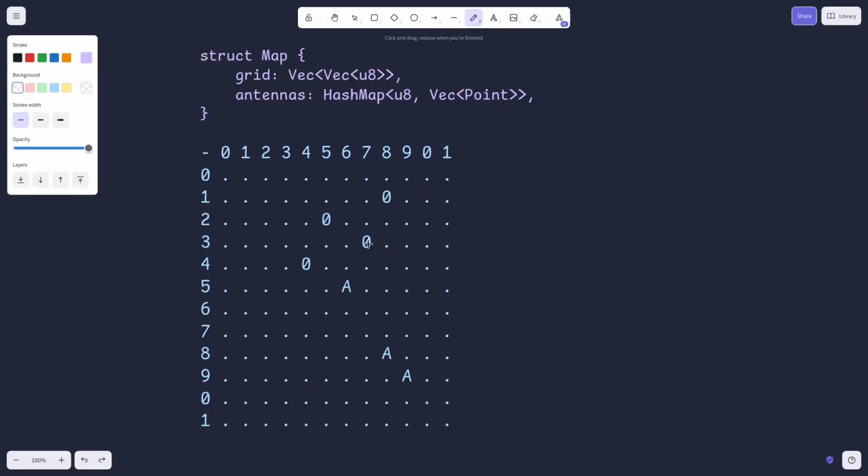So we again get a grid, and on these grids are antennas, right? These symbols over here represent antennas. In this example we have two kinds of antennas, 0 and A, right? And these antennas can basically send signals to each other, and then they can create an antinode. And an antinode is basically,